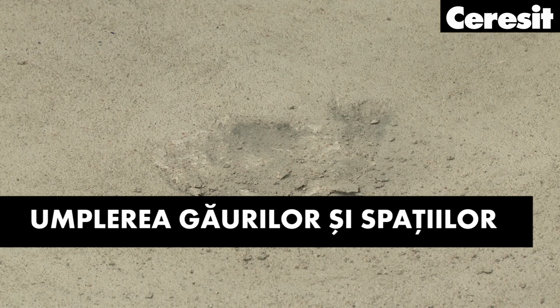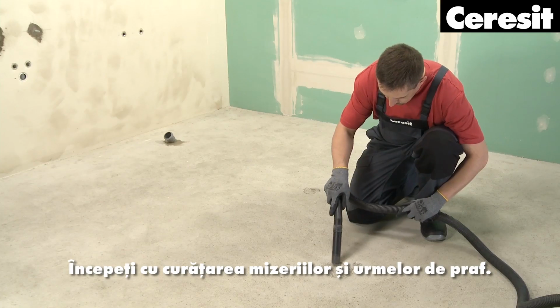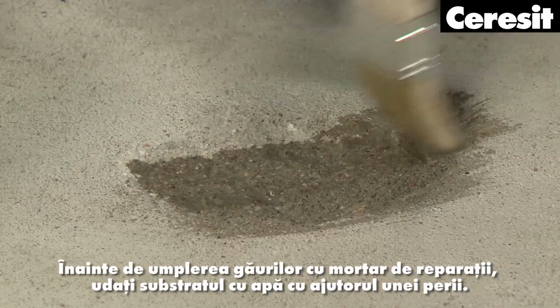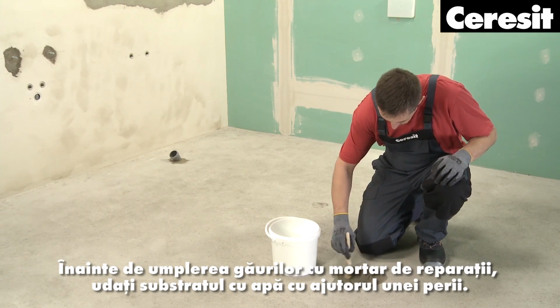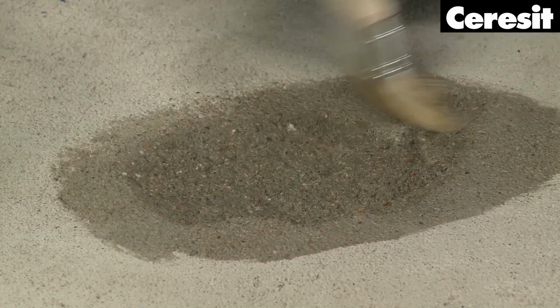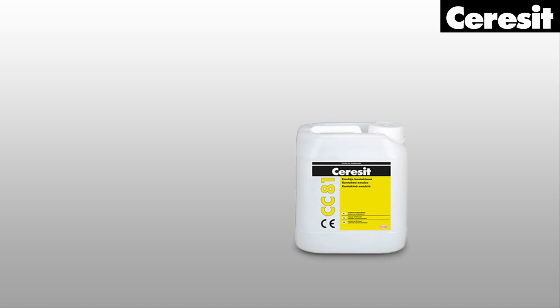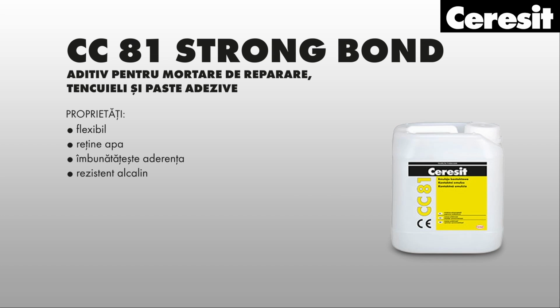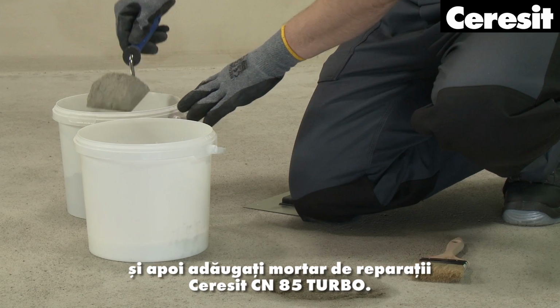Hole and gap filling. Look for any holes and gaps to be repaired. Start with clearing any dirt and dust. Before filling in the holes with the repair mortar, moisturize the substrate with water using a brush. Mix water with the special additive Ceresit CC81 Strong Bond and then add the repair mortar Ceresit